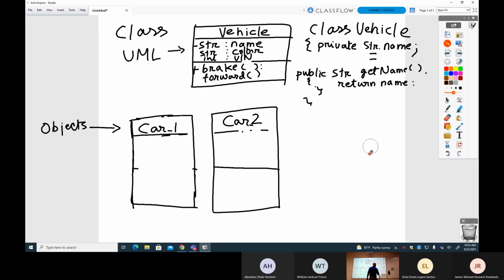Now, I'm also going to have, so that's now 3 objects. I'm going to have 2 objects. I'm also going to have public set name and